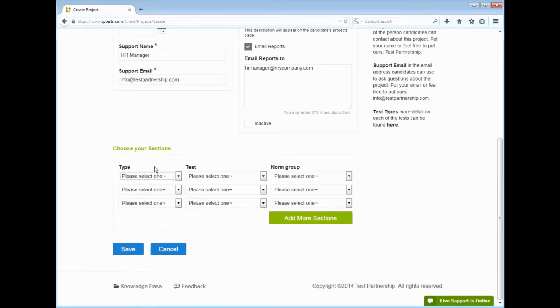The last section is where you pick the tests you'd like your candidates to complete for this project. In this example project, I would like everyone to take one verbal reasoning test, one numerical reasoning test, and a personality questionnaire. So I pick the type of test